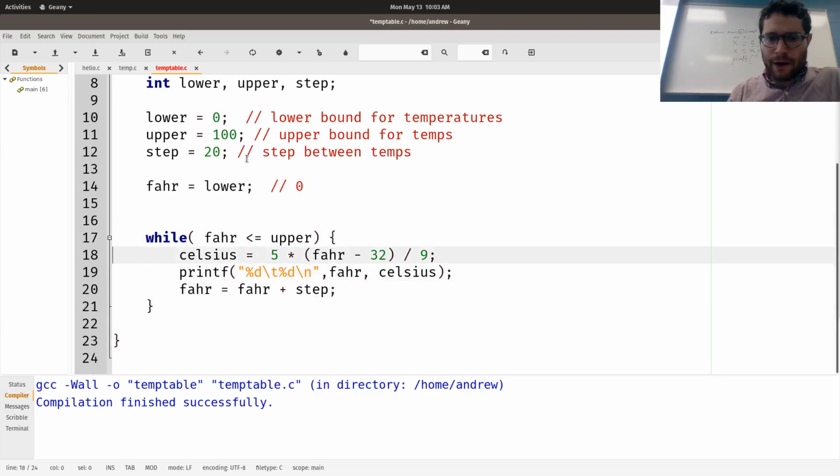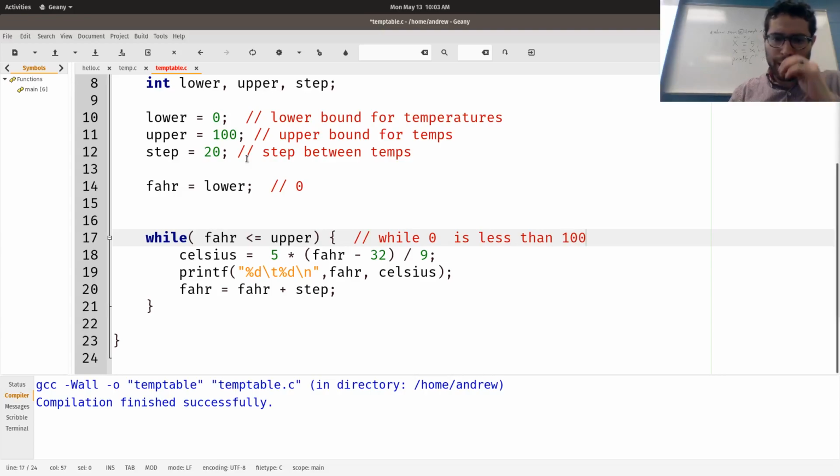So while Fahrenheit is less than upper. So while 0 is less than what is upper? 100, right? While 0 is less than 100. So the while statement will run so long as this expression is true.